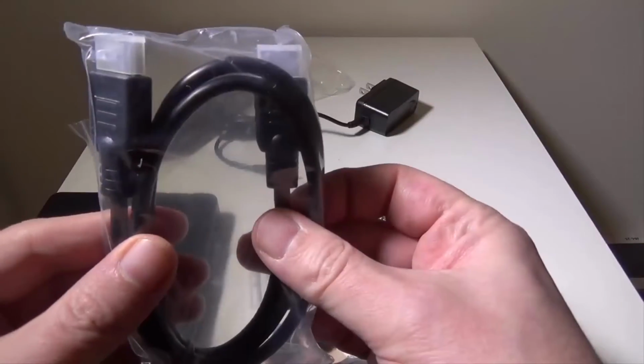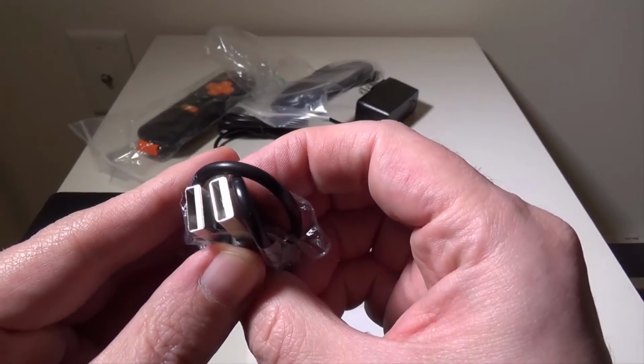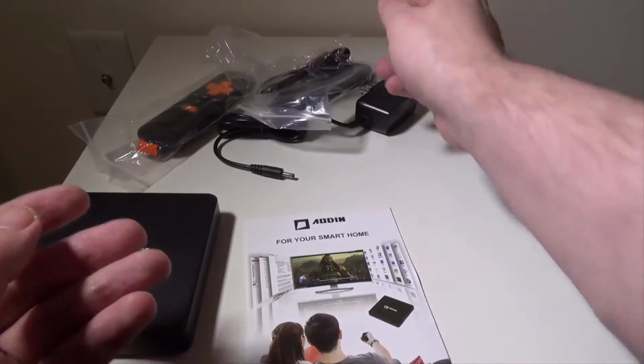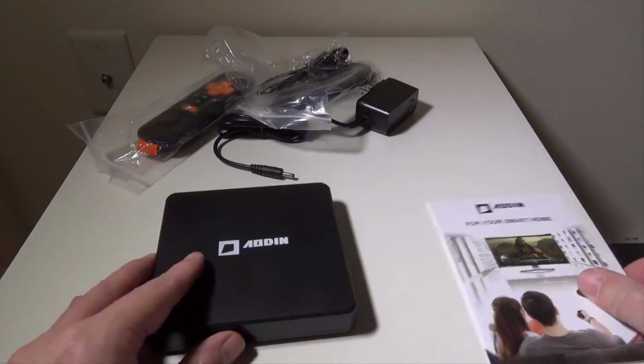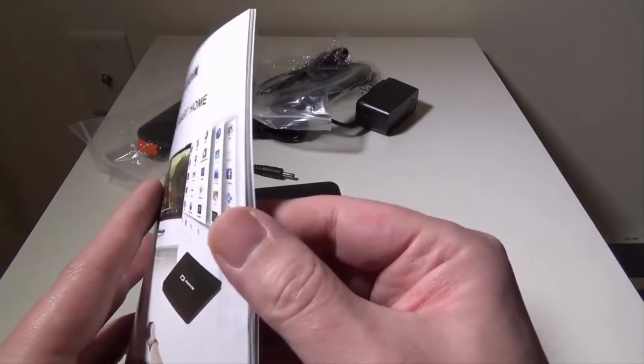They do give you an HDMI cable, which is awesome. And they do give you a USB to USB extension cable. So if you want to hook up something via USB, you can use that to do so. They do a pretty cool job with inputs on this. Now this,